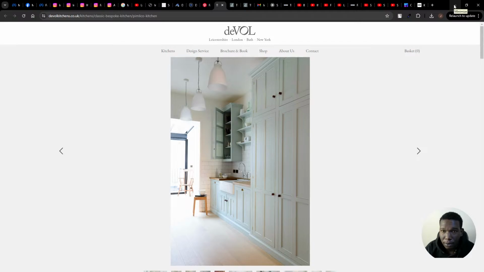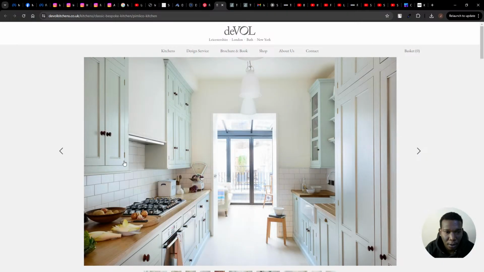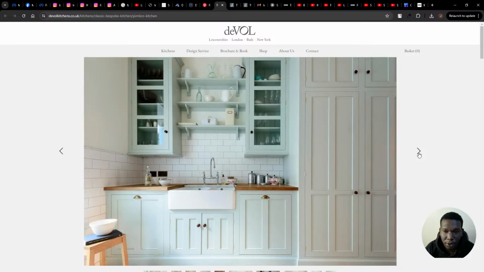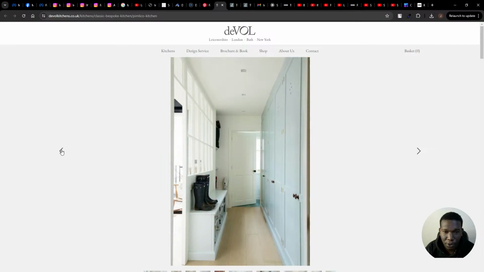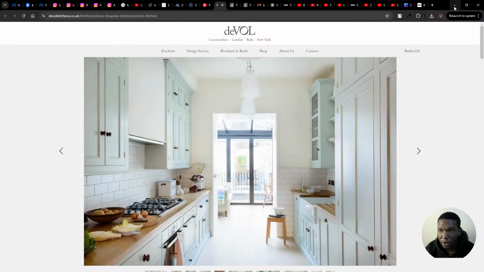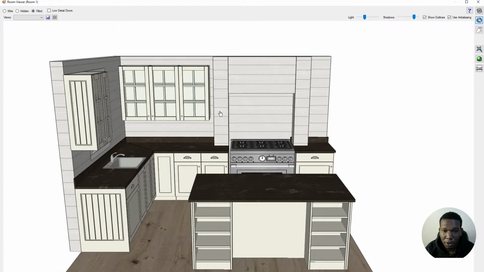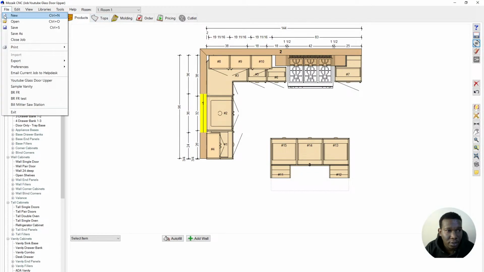Okay, so we'll be taking this example. Let's say you're a cabinet shop and you have a design from an interior designer or architectural firm and you are given this project to build. That is where I come in and I can help you out. So just jump into Mozaik and then you can set up our own libraries and go from there. We first save this project